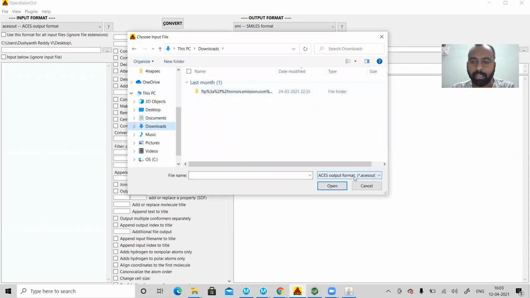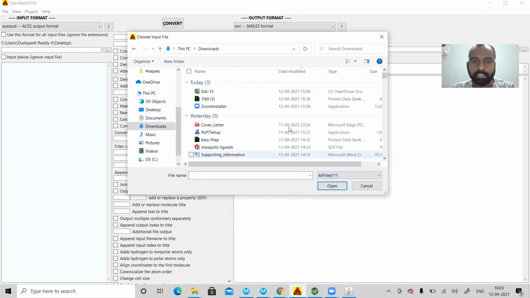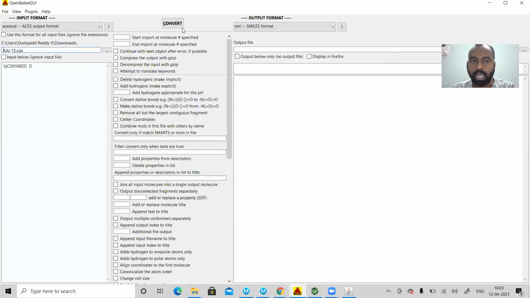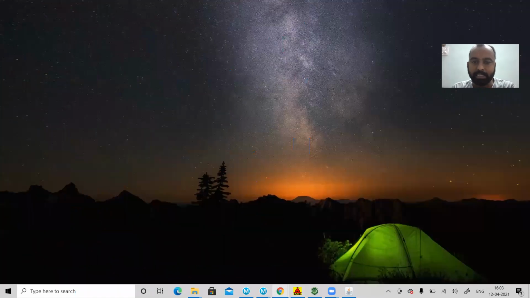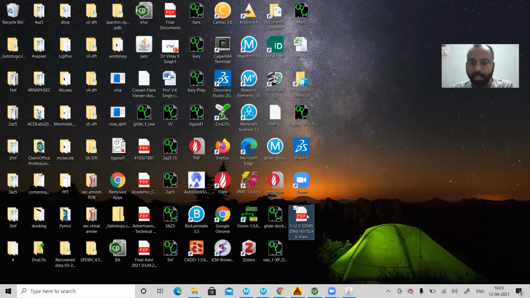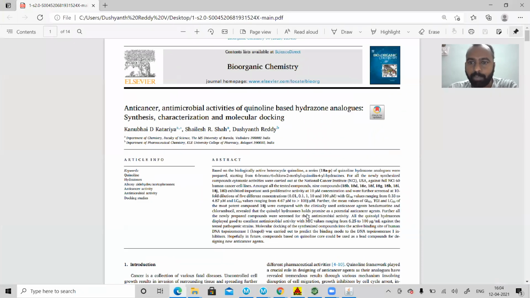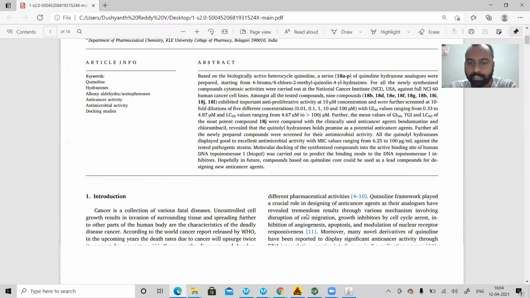So for that, we will take any structure. This is my chemical structure. So I'll just convert it into SMILES format. Now the SMILES tool is an openable graphical user interface. You can even get back to this in my ligand preparation lecture. I have published this molecule in a paper of Bioorganic Chemistry. This is a very beautiful paper which has some 13 citations.